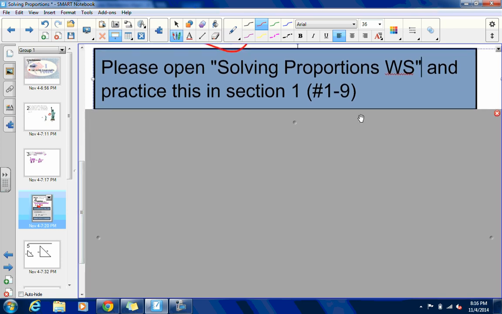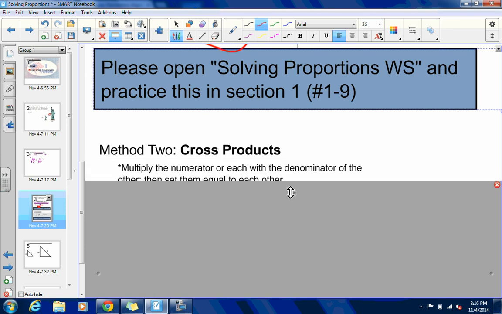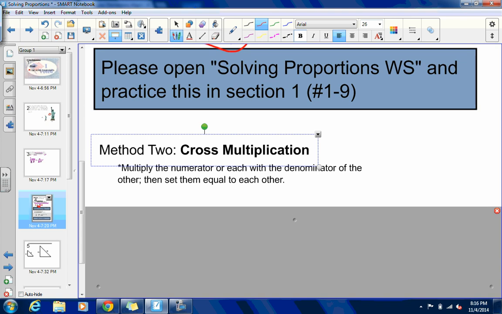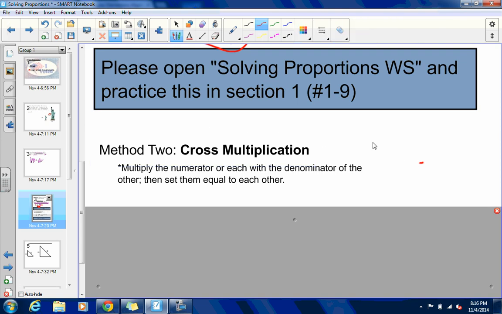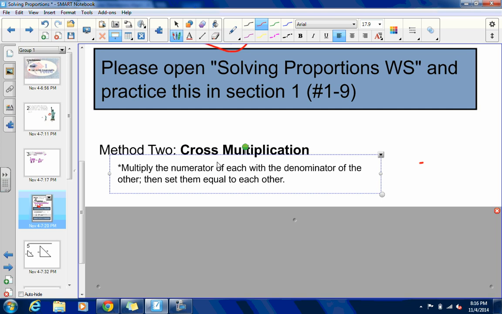And the second method is called cross products, or we're going to say cross multiplication. So the important part to notice here about cross multiplication is that you multiply the numerator of each with the denominator of the other. So if we have the numerator of 1